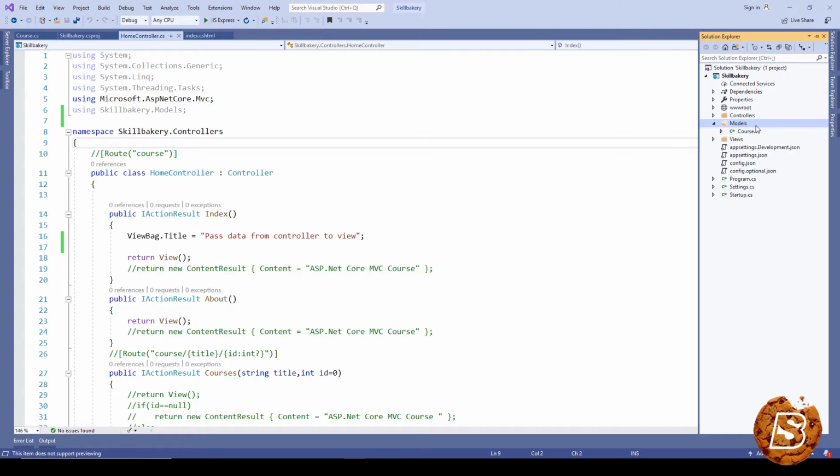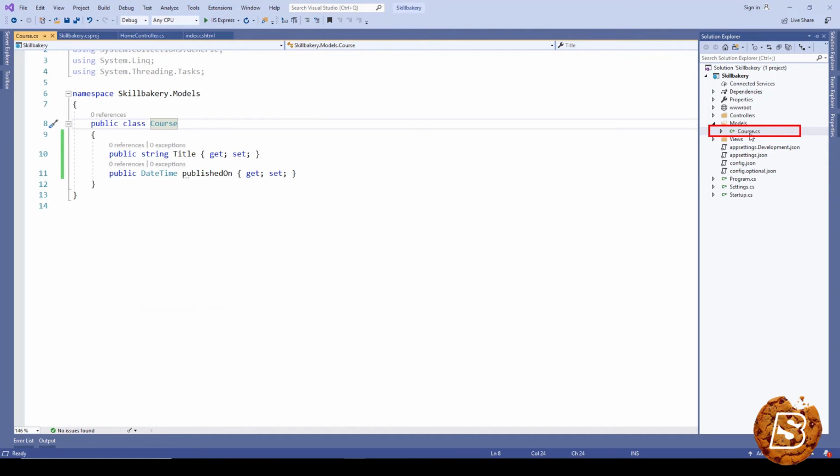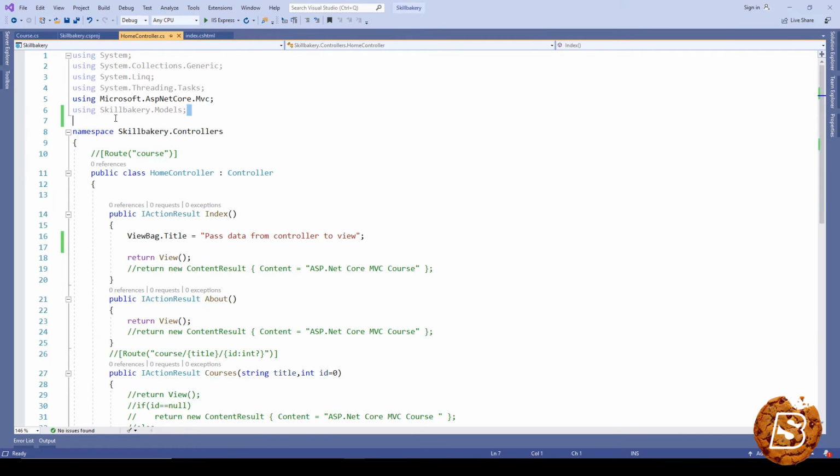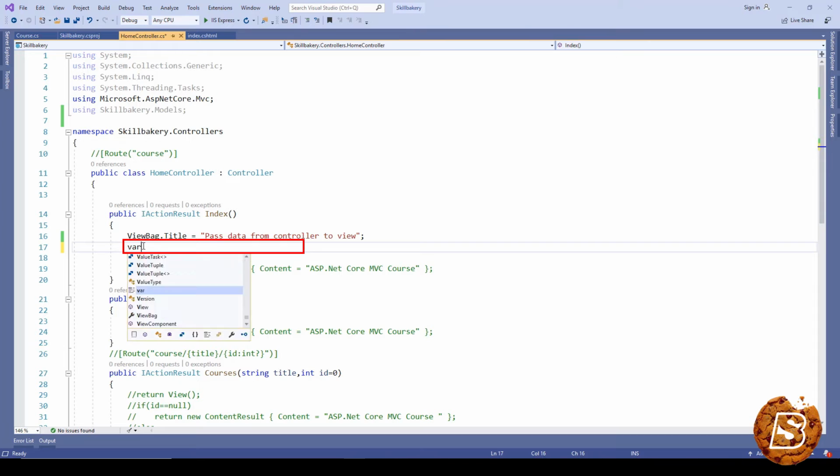So here I've created a Models directory, and inside that you can see I've created a class file called Course.cs. Now this has two attributes, Title and PublishedOn. Next, in HomeController.cs, we have referenced the models. You can see SkillBakery.Models, and then in our Index controller we can say var course equals new Course, and inside that